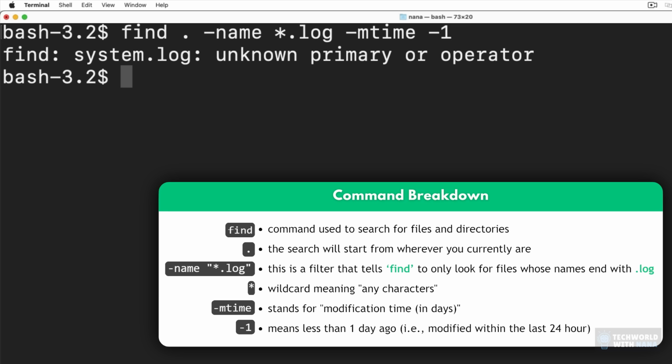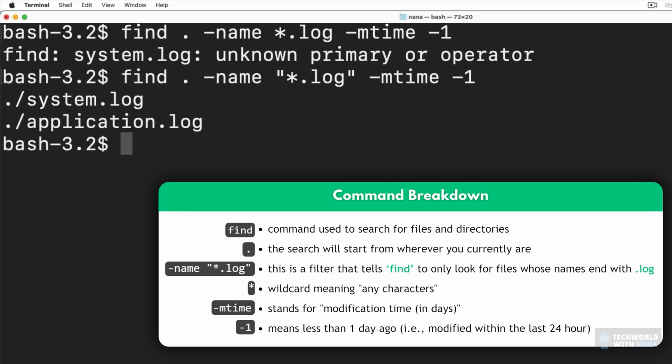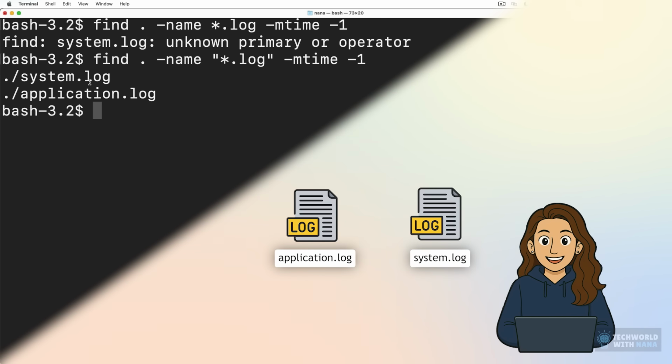And if I execute this, we get an issue because we need to enclose this in quotes, like this, so that this character gets interpreted as a regular expression. So any file that has whatever name and then ends with .log. So let's execute this, and you see, it found 2 files that have been modified within the last 24 hours, because I just put those files in the folder. So if you execute this in 3 days, for example, this will not be the case because the files will be old already. So now, as a DevOps engineer, I know which files have been modified since my last check,